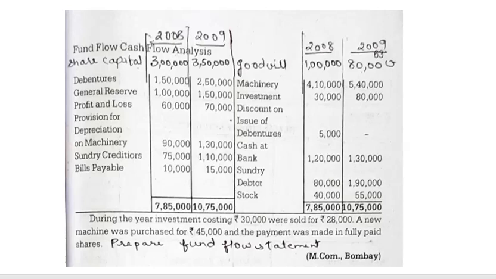There will be some changes in the adjustment. I have done a few problems. If you go through all the problems, you will find that each and every adjustment is different. Okay, so go through the adjustments, understand them, and try to solve the problems on your own. And there are a few other problems also. You may get them from Google also. If you find a question, you can solve it.